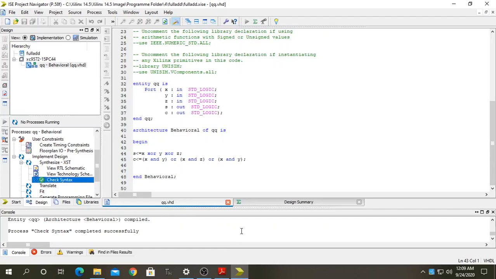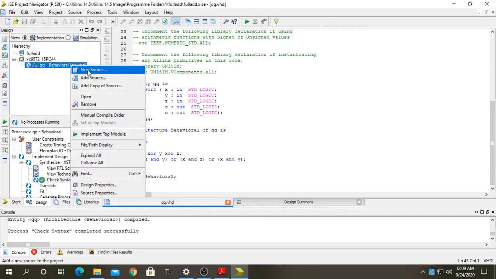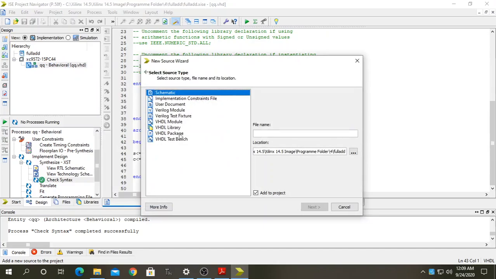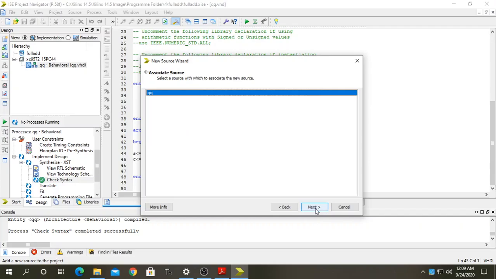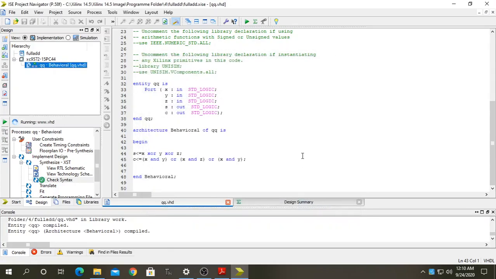After completion of the check syntax process, what you have to do is add the resources to run your test bench waveform. By right clicking over the project and adding a new source, a window will appear and you have to choose VHDL Test Bench. Give it again a random name, then click Next and then Finish.